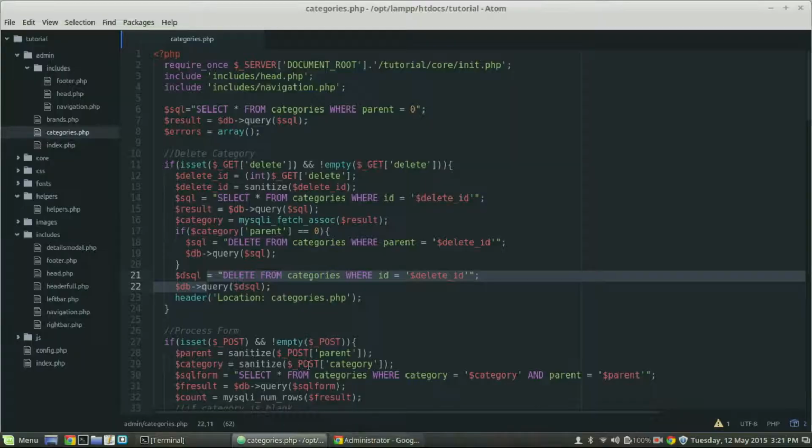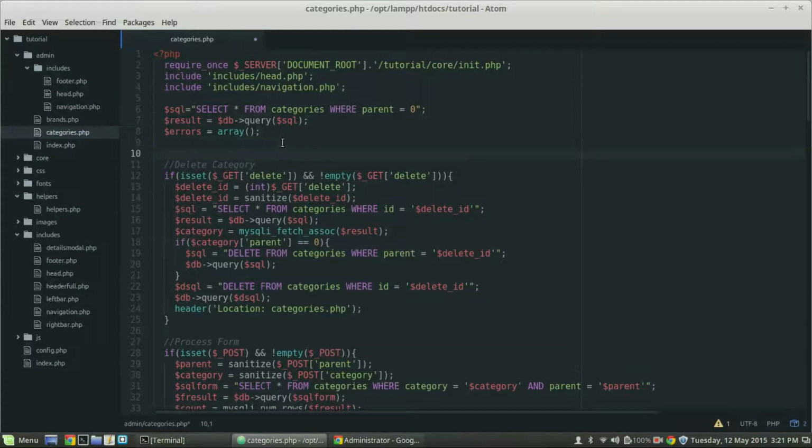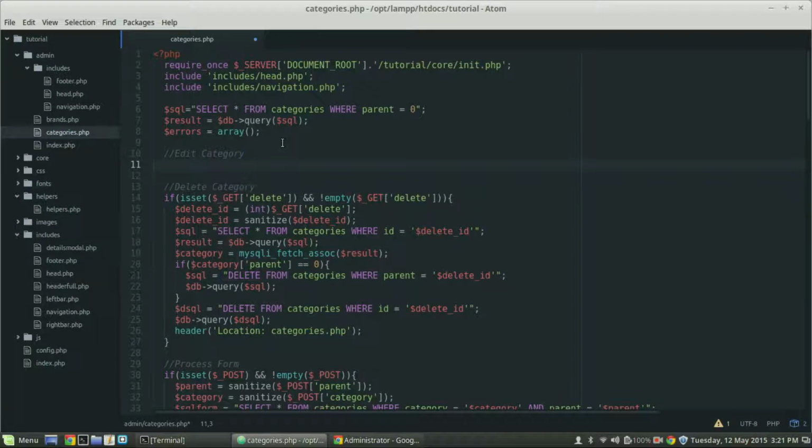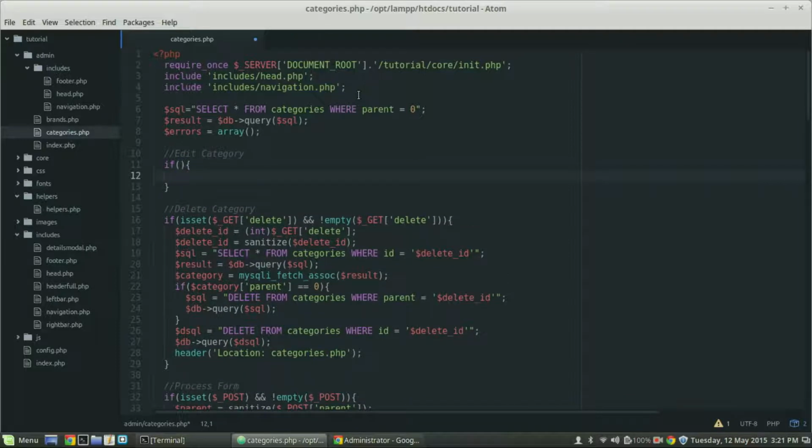We've already done this basic thing in the brands tutorial. So right here above this delete category, I'm going to add a comment so we know what's up in our code. We'll say edit category. And again, this is just going to be a simple if statement, and what we have here is isset